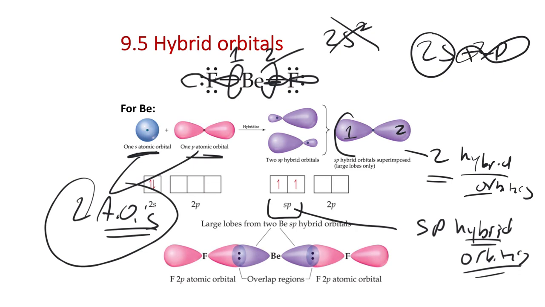We're not even thinking about polarity yet. We haven't gone as far as thinking about the polarity. We can think about polarity in this linear molecule. With beryllium and fluorine on either side, the molecule has to be nonpolar. If you have beryllium with two fluorines opposing it, perfectly 180, because there are no lone pairs on beryllium,